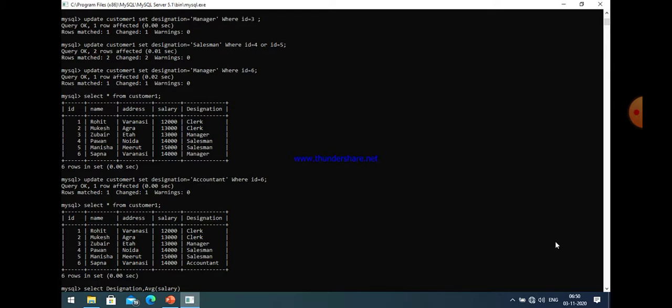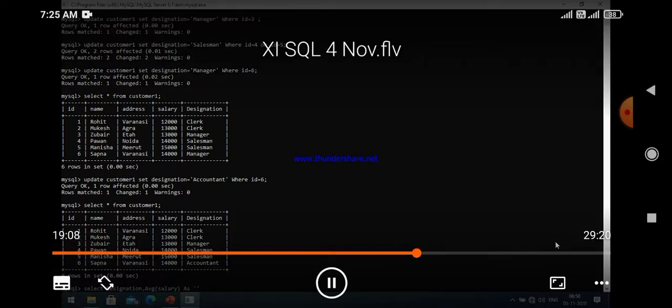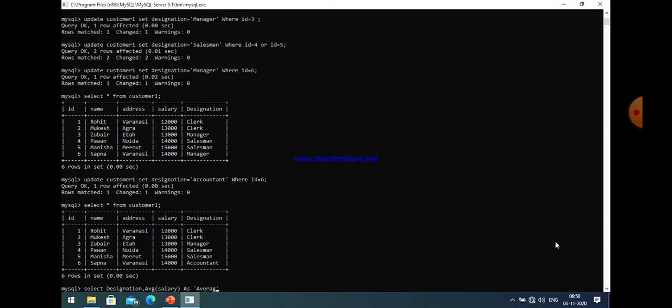Then, if I want to name that column, I use the as keyword, and then give the name of the column within single quotes, that is average salary. Then after the from keyword, the name of the table is customer 1.